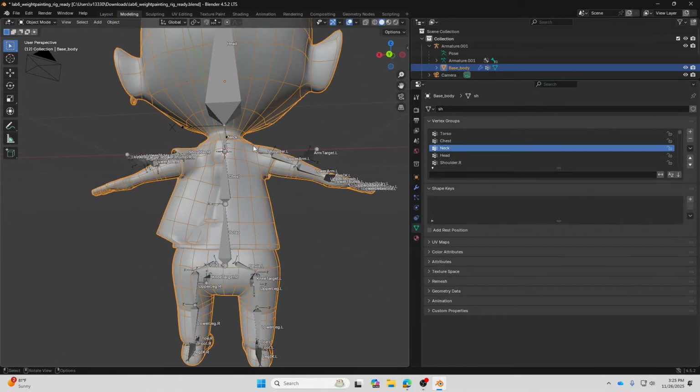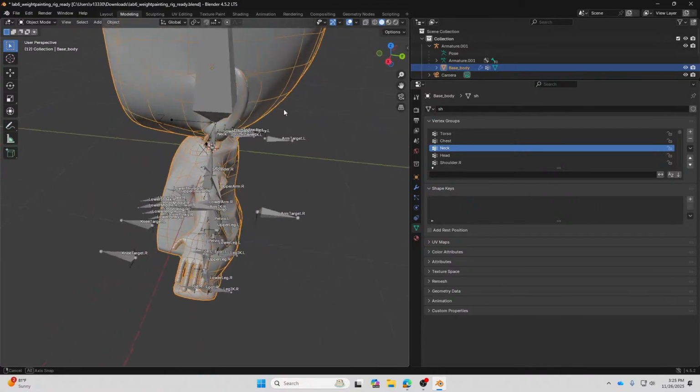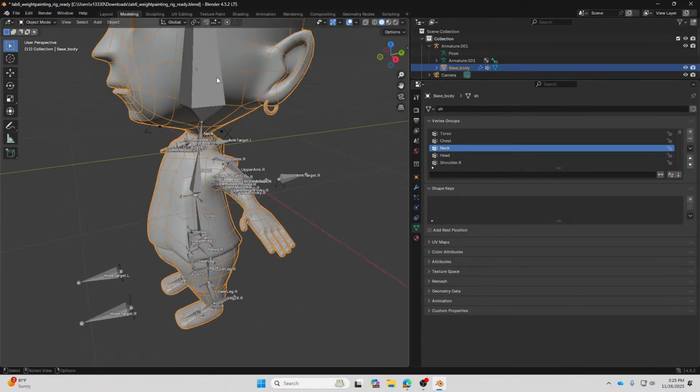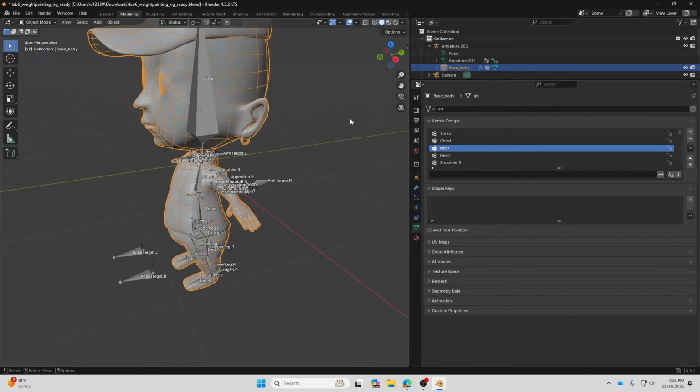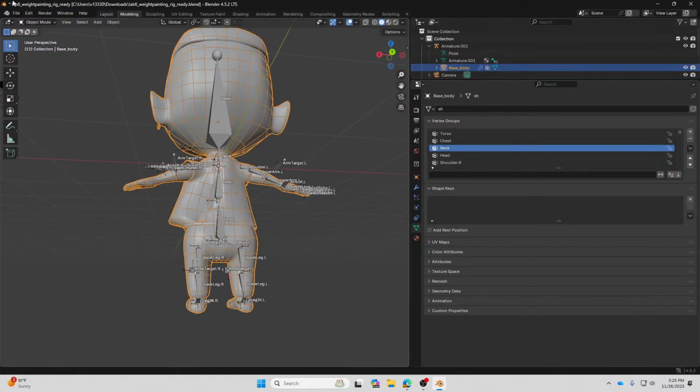All right, and then you can correct the weight paints by modifying those vertices values so that you can reduce the malformations of the characters.